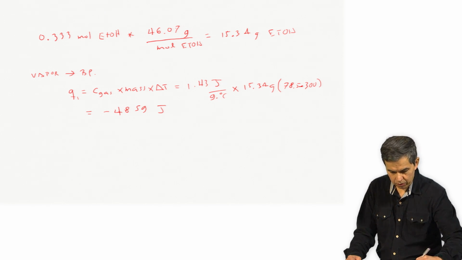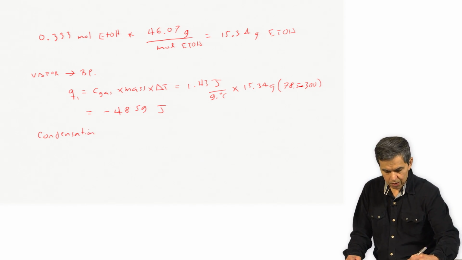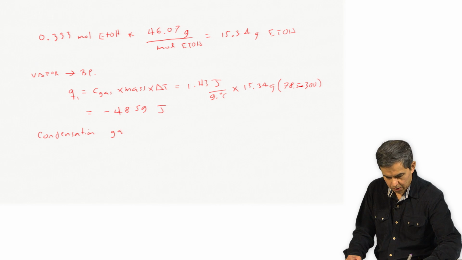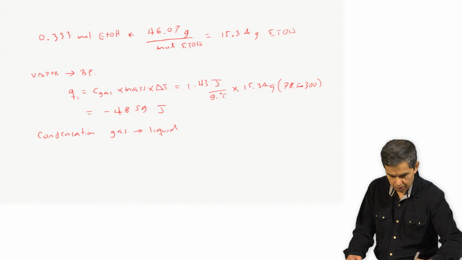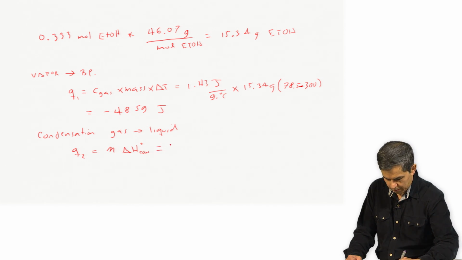The second step is condensation. So of condensation, we are basically transferring everything from the gas to liquid. And this is going to be represented as Q2. And we're going to multiply then the number of moles. We have to work in moles in this case, times delta H of condensation, and that is going to be equal to